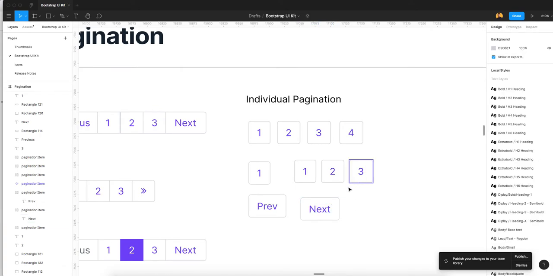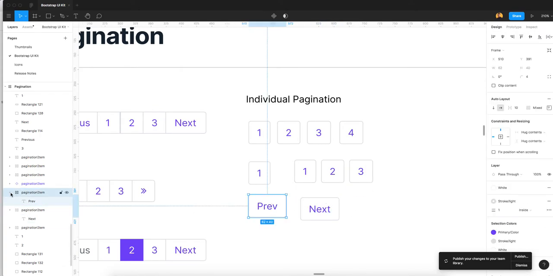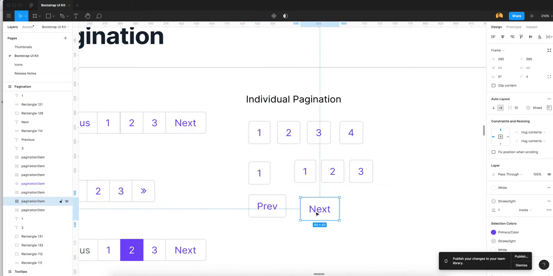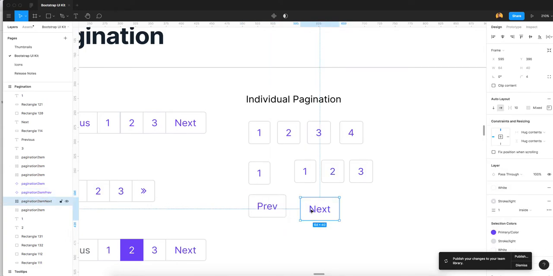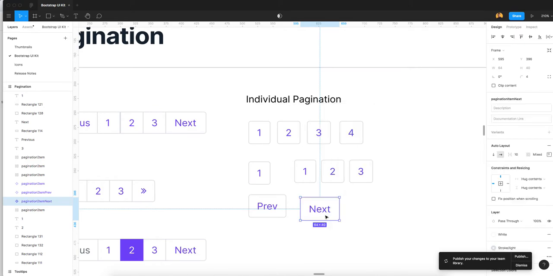See, now we have these elements as individual items. We give it item previous and we give it the name next. Okay, now I am going to convert it into a component.